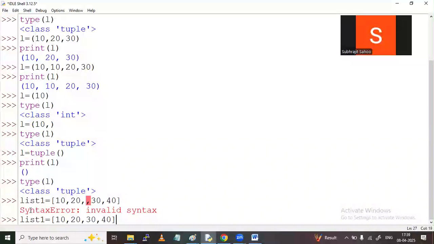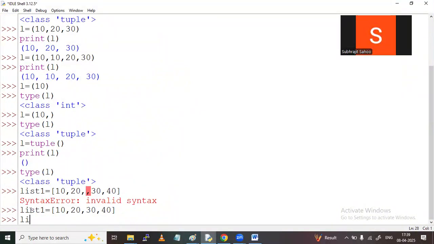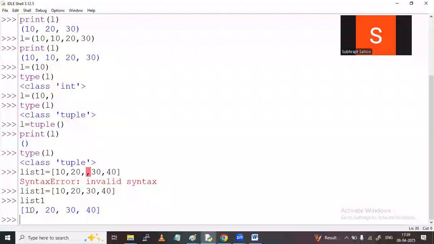Like this I have given. Now what is my list1 value? List1 equal to this one. Now can I convert this list1 to a tuple? Yes. For that I will take the help of the constructor. Observe carefully. This time I am taking variable T equal to the tuple constructor name, tuple of, what is my list name? List1. Now